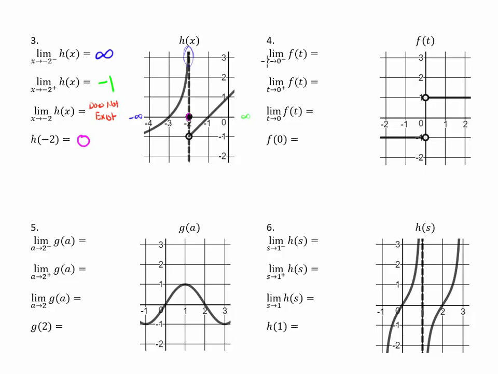So here we go. We are looking for the limit as t, this time, approaches 0 from the left of f of t. So from the left, that's from negative infinity. As we start from this side and work our way towards 0, we're just going to trace it here. As I keep continuing to the right, closer and closer I get to 0, my y value just stays the same at negative 1. So our y value is going to get closer and closer to negative 1, or our limit, I should say, is negative 1. Even though the value always is negative 1, we're still going to say the limit itself is negative 1, because